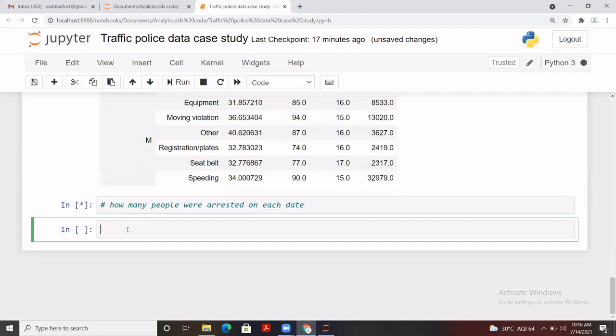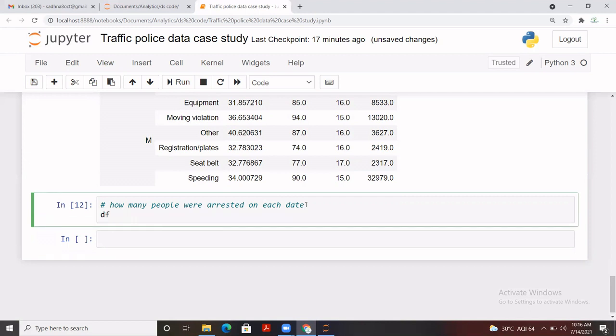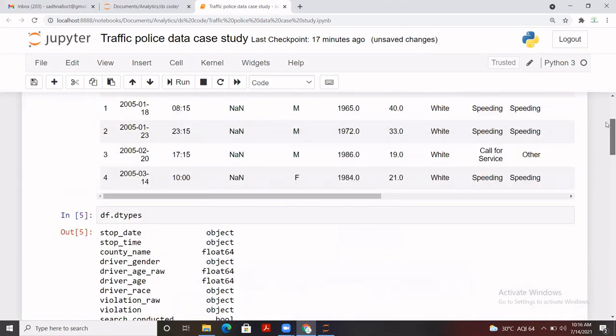All right, so what I can do is use groupby here. So data frame, then groupby, and the column name is stop_date, and then dot is_arrested. is_arrested is a different column. I did a lot of work around this data set, so I'm familiar with it.